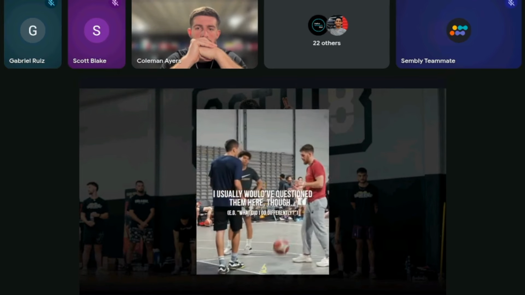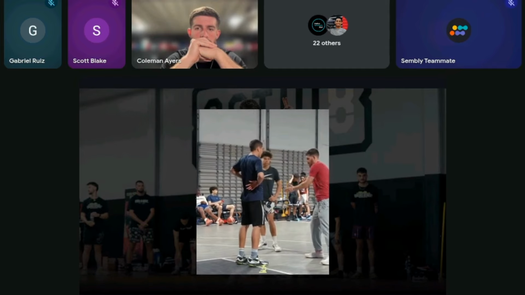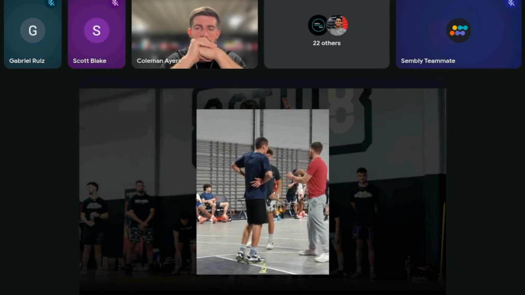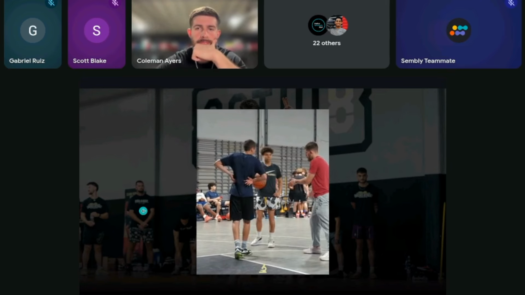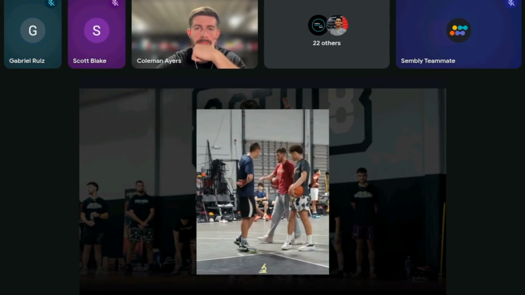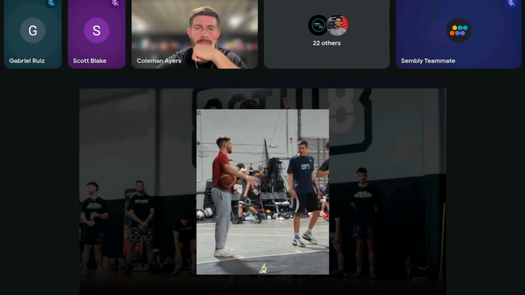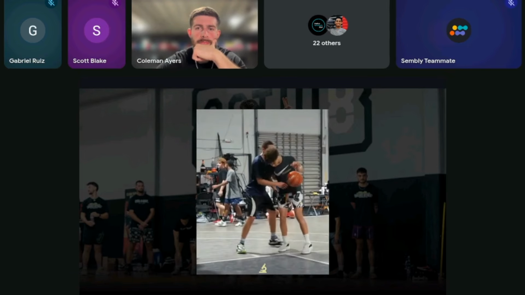Point being, sometimes, like everyone talks about create space. It's not about creating as much space as possible, but just enough that you need. Like that little window of space. So rather than always trying to get all the way out there, sometimes just get that little pound dribble, like just this much space, and pop up, and watch how it's a lot more open sometimes in the long run.